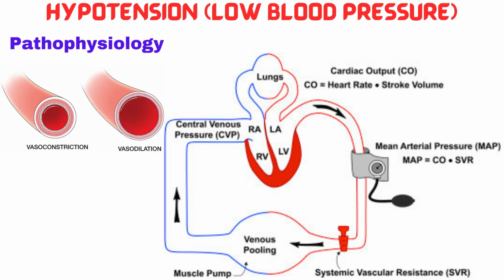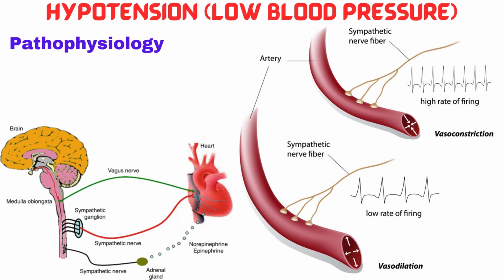When blood vessels constrict, this leads to an increase in SVR. When blood vessels dilate, this leads to a decrease in SVR. Systemic vascular resistance is equal to 80 times mean arterial pressure minus mean venous pressure, divided by cardiac output. Blood pressure is continuously regulated by the autonomic nervous system using an elaborate network of receptors, nerves,